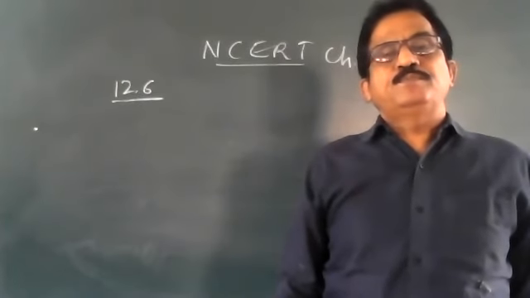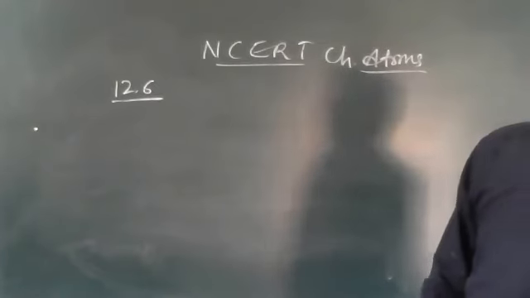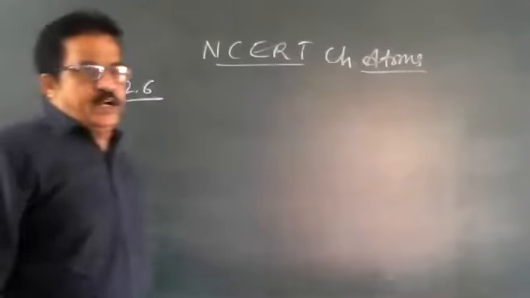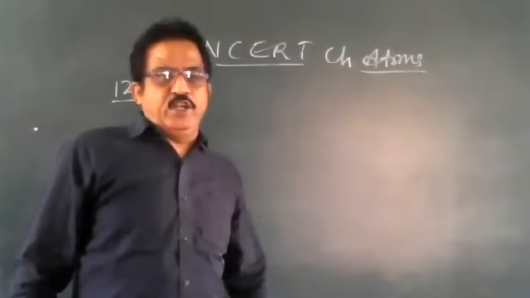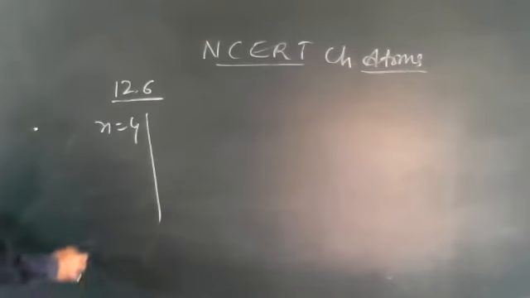Write down. Now, the question is: a hydrogen atom initially in the ground level absorbs a photon which excites it to the n equal to 4 level. Determine the